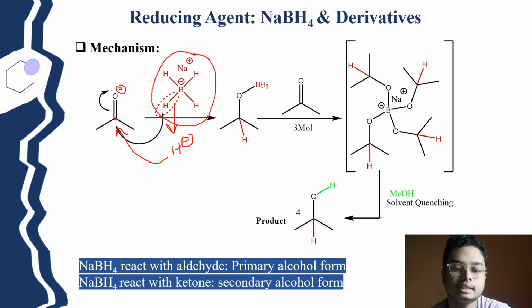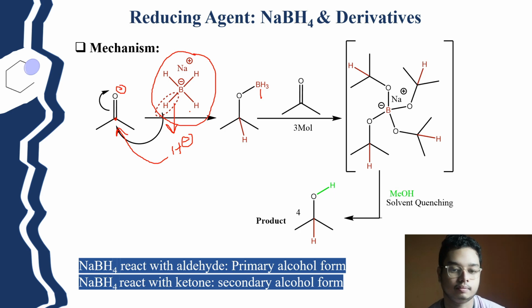So these 3 hydrogens will also form hydride, and it will react with another 3 moles of our corresponding carbonyl compound, to form this kind of gigantic intermediate. So here one point has been noted: 1 mole of NaBH4 is able to reduce 4 moles of carbonyl compound. NaBH4 contains 4 hydrides, so 1 mole of NaBH4 is actually able to reduce 4 moles